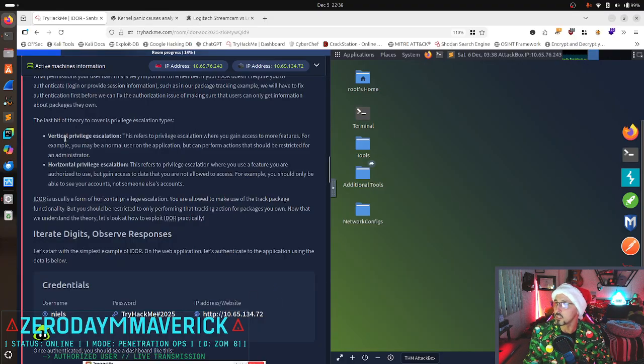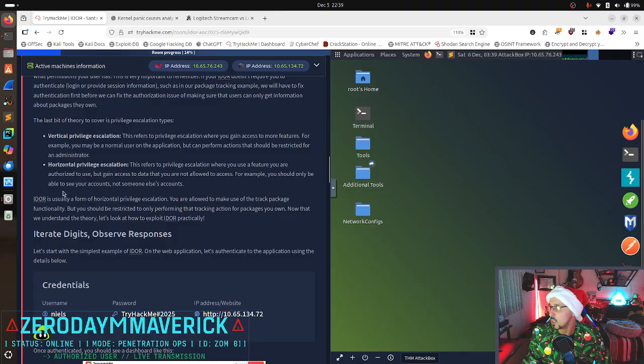So vertical privilege escalation refers to privilege escalation where you can gain access to more features. Horizontal privilege escalation refers to privilege escalation where you use a feature you are authorized to use but gain access to data that you're not allowed to access. For example, you should only be able to see your account, not someone else's account.